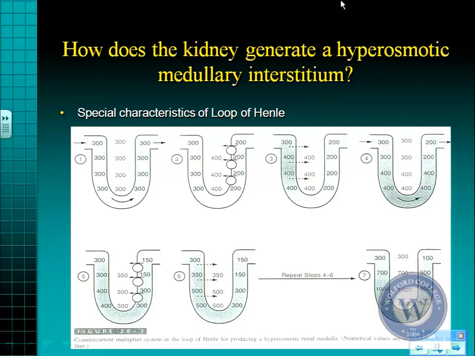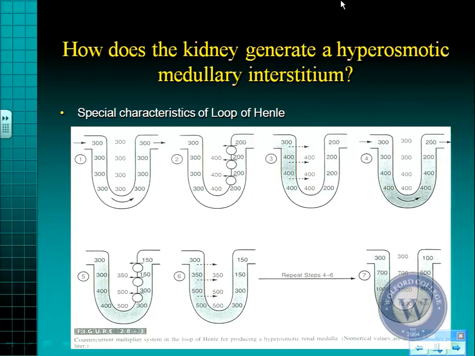Now, this individual is beginning to get return of the sodium chloride pumping mechanism. So it begins to pump sodium out and starts causing the urine to dilute in the ascending portion of the loop of Henle like this. But at the same time, it's beginning to charge up my bucket. As I put more sodium into it, more sodium begins to fall to the bottom of my bucket, and that makes you more hyperosmolar at the bottom in comparison to the top. This allows water to rapidly transfer out of the loop of Henle as it travels down the loop,